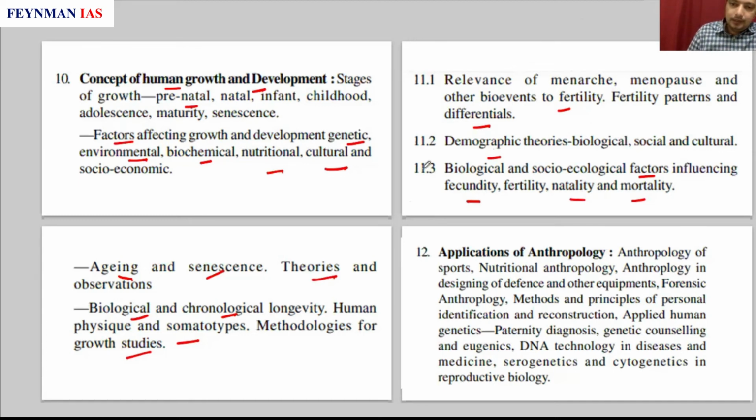Okay, and then comes the last part of physical anthropology, which is unit 12, which is applications of anthropology. Some overlap with the other topics here, but here focus is how do we use this? Okay, so for example, we have anthropology in sports, nutritional anthropology. Here we talk about what is called anthropometry, meaning measuring various components of human body. Okay, so nutritional anthropology, sports, and also we have for designing defense equipment and other equipments, and forensic anthropology is